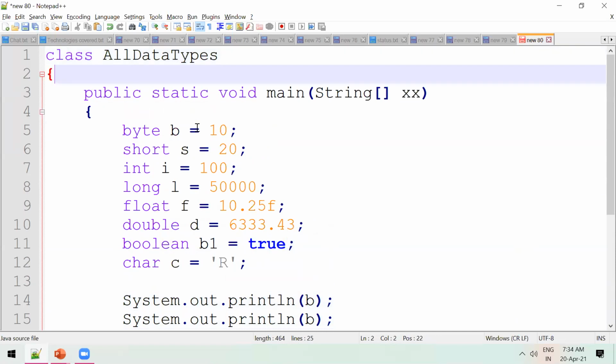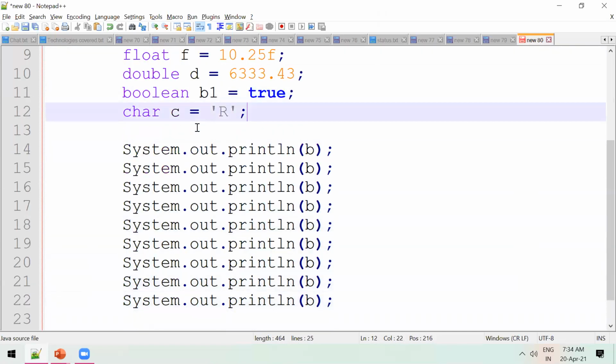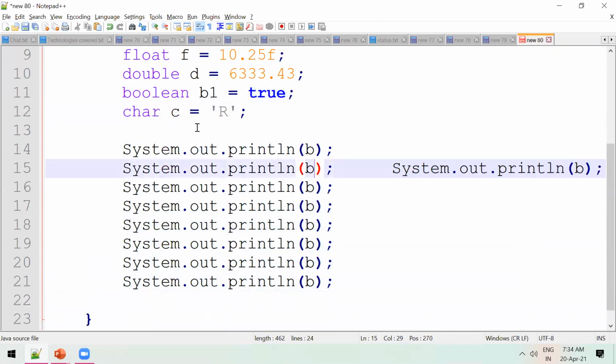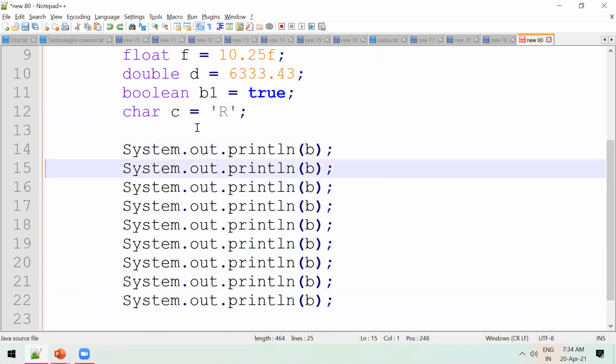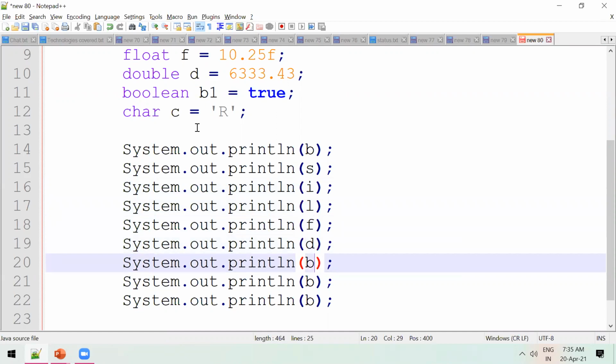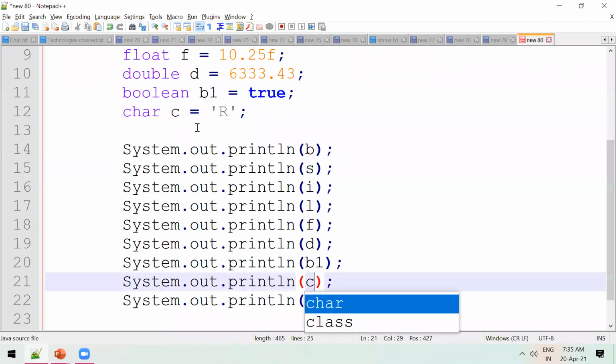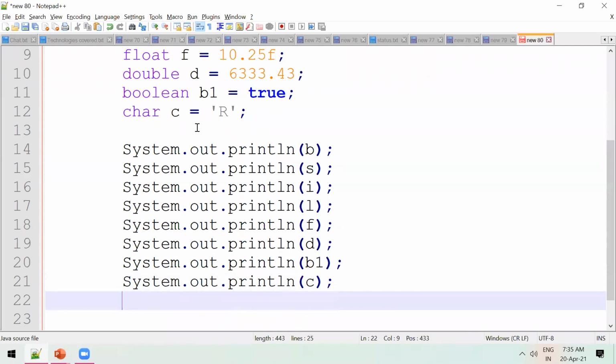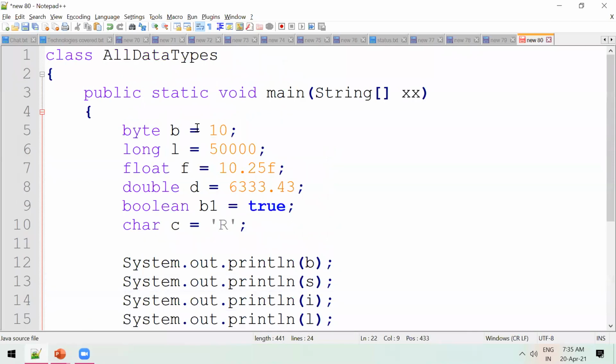Right. So I can say byte, short, int, long, float, double, boolean, then character type. Right. Same we are trying to print it.